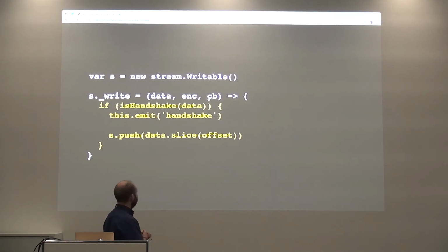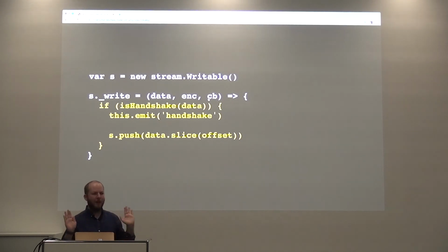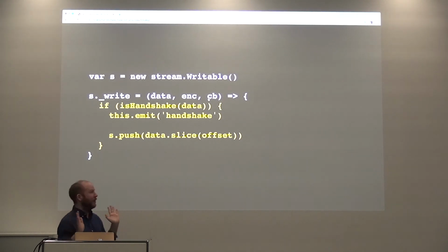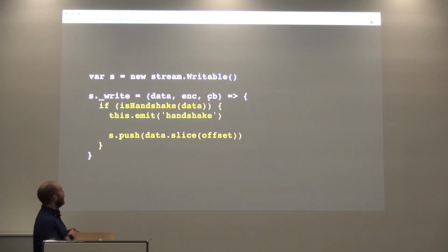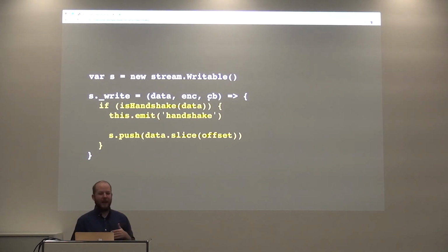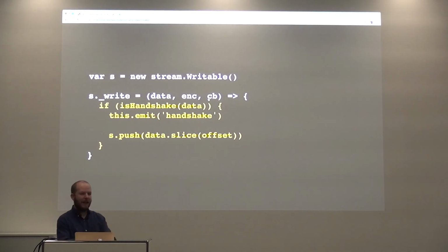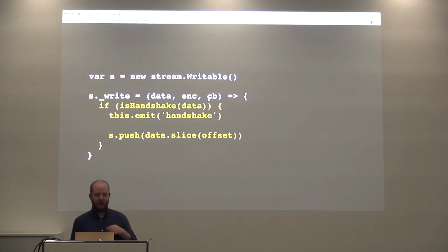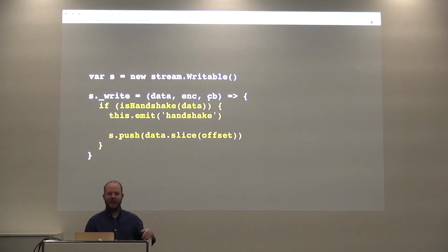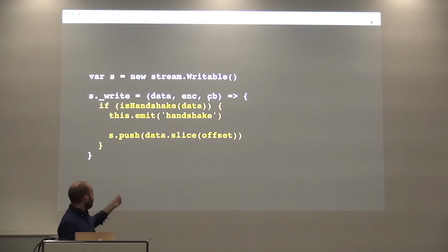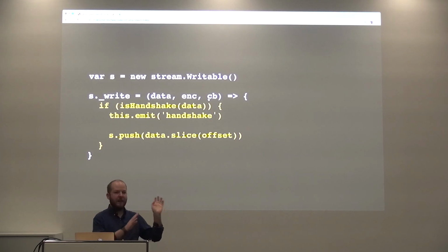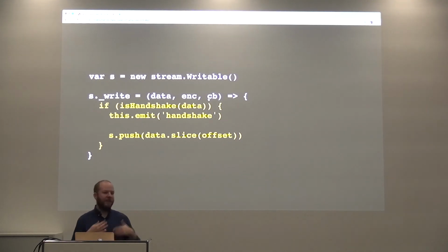So let's say you have code that looks like this. I fixed so many security bugs with this pattern, where people had massive security holes because of it. But anyways, we'll get to that. So they'll do stuff like, I'm getting data in, and I have this method that checks if probably the first message is a handshake or something like that on the stream, where you send your credentials or whatever. Then I'm going to emit that because I'm nice. And when I'm done, I'm going to take that data, slice the handshake away, and call push in the method here to get the rest of the data out. You can imagine something like that, right?